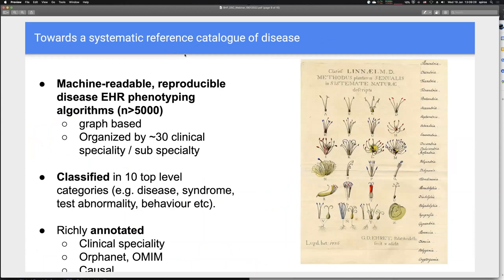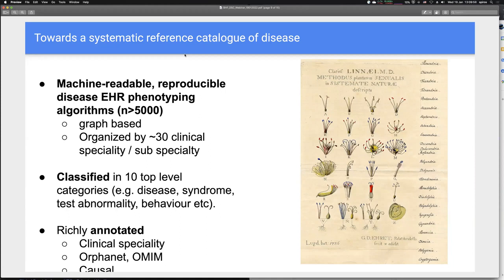So what I talked about earlier, what are we aiming to achieve, is to implement what we call a systematic reference catalog of disease. So can we create a catalog of disease that is computable, so machine readable, that provides reproducible phenotyping algorithms for all the diseases that are currently recorded in electronic health records? So we have a prototype ready of this, where we've essentially taken the 13,000 odd ICD-10 codes and summarized them